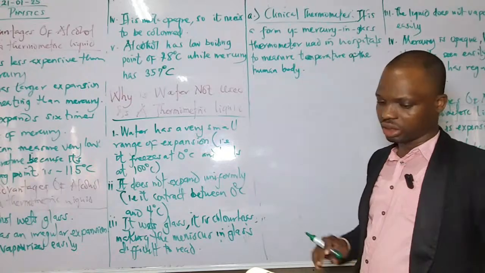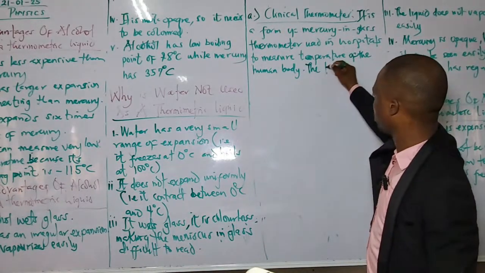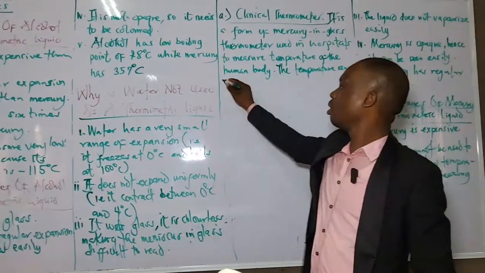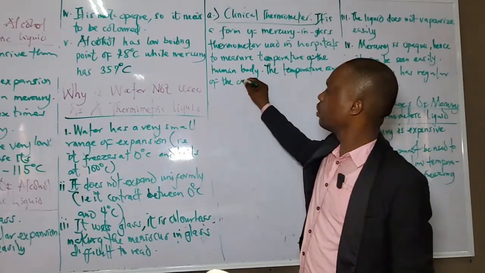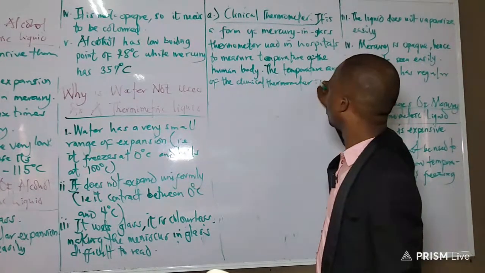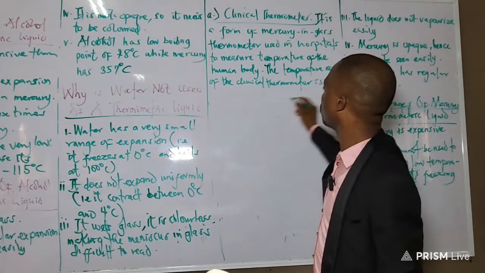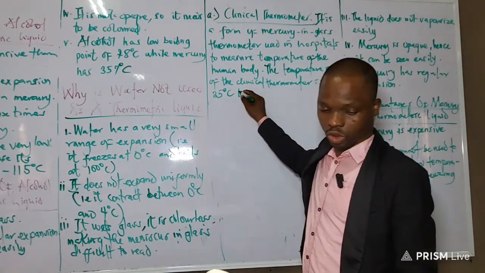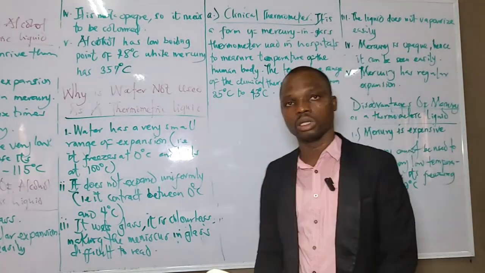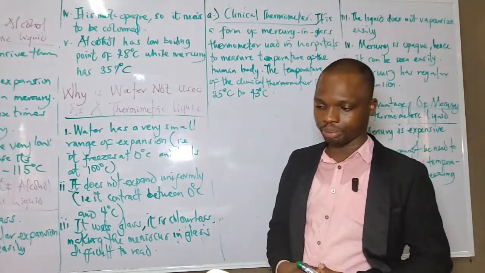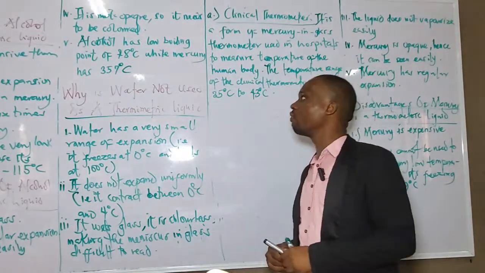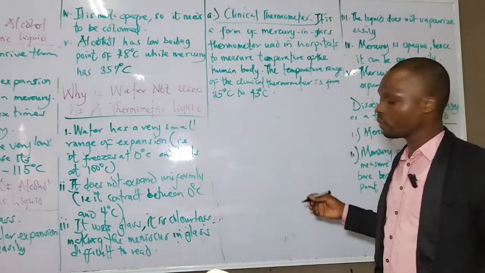So we have to note the temperature range of the clinical thermometer, which is from 35 degrees Celsius to 43 degrees Celsius. So this is the range of a clinical thermometer. If you want to draw this,